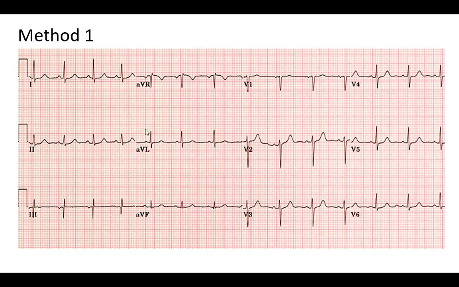In this ECG you can see the majority of the deflection in lead 1 is upwards. The QRS complex deflection is mainly upwards, so your left thumb will be up. Now in lead AVF, the majority of deflection of the QRS complex is also upwards. So lead 1 upwards, lead AVF upwards. Both of your thumbs will be upwards, that means it is a normal axis.